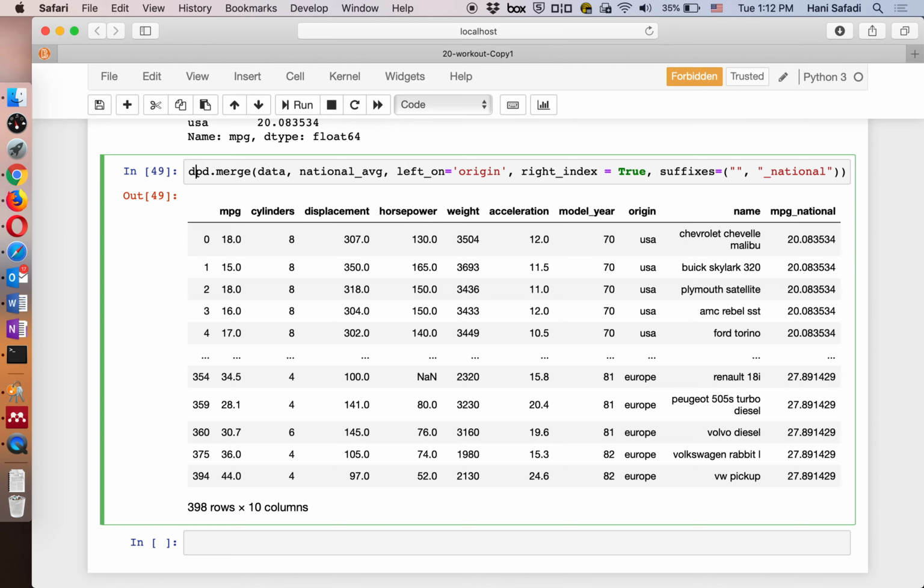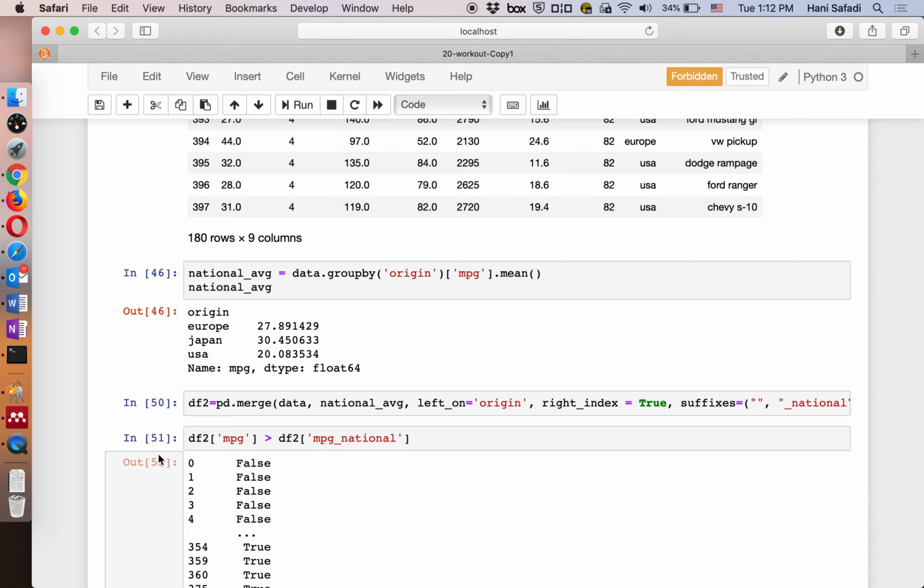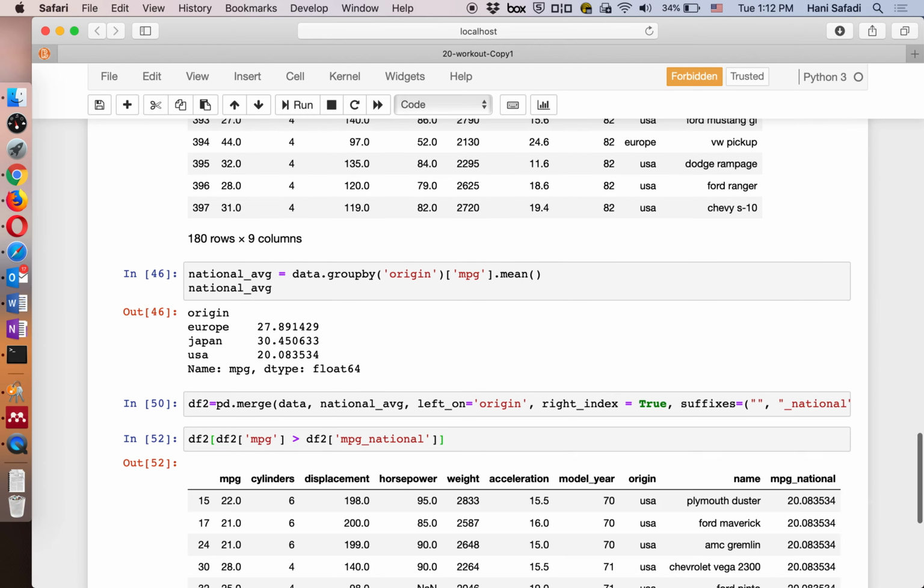Let's call this df2. And then I'm going to create a mask based on mpg greater than df2 mpg national. So that's my mask,